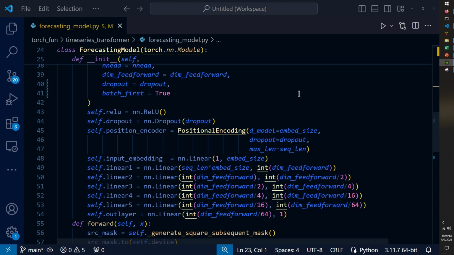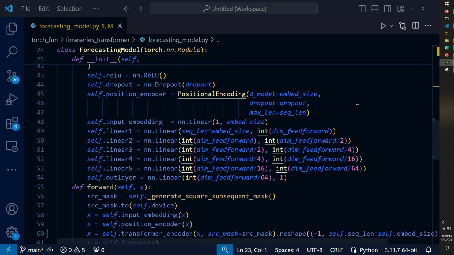discussed earlier. I copied code in from a PyTorch tutorial at the top of this file that's used to define the positional encoding exactly as it's defined in the Google paper. And this takes in similar parameters to the encoder layer, but also has a max length in case you didn't know what your sequence length was, as you might not for text processing problems. But we know what our sequence